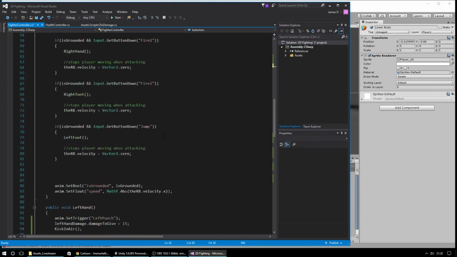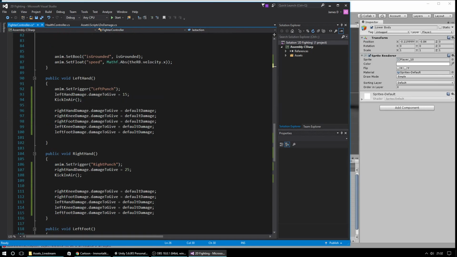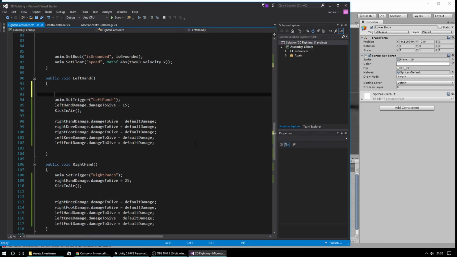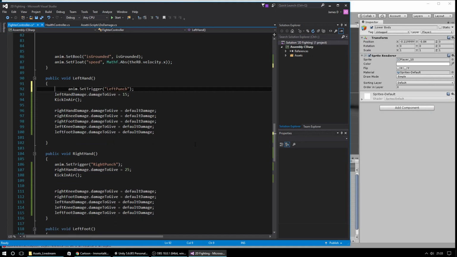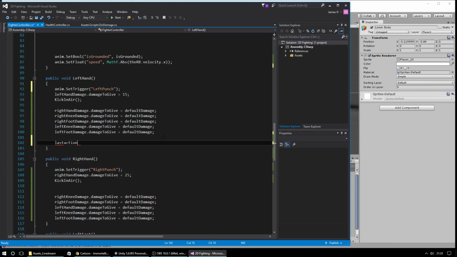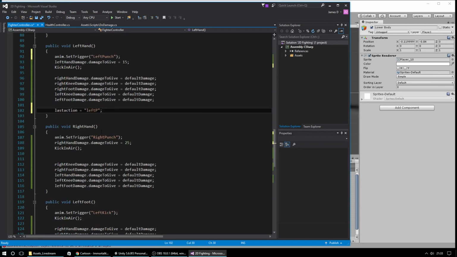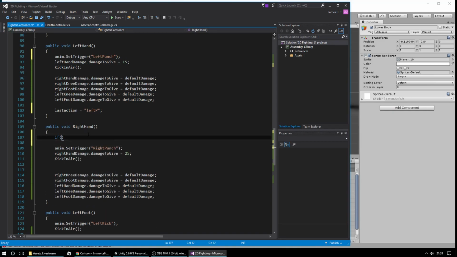So when we do an action with our left hand, at the end of it we'll say last action equals left P. Just keep it a little bit shorter and simple. And then in our right hand, we're going to add a new if statement and say, if last action equals left P,